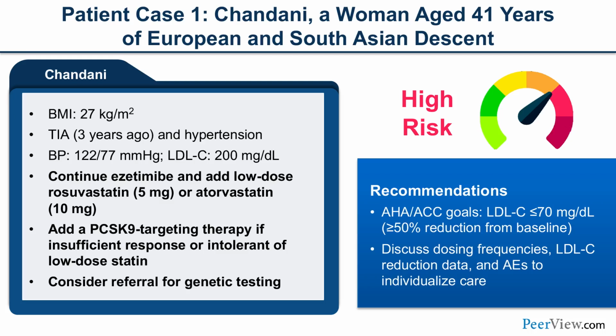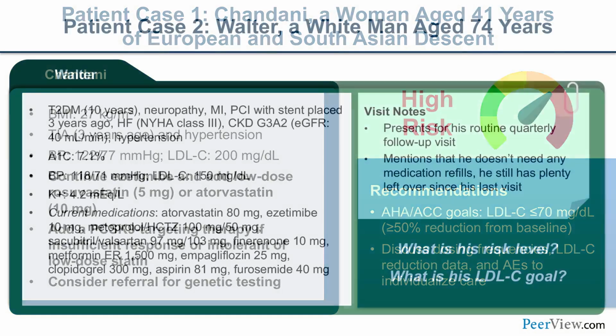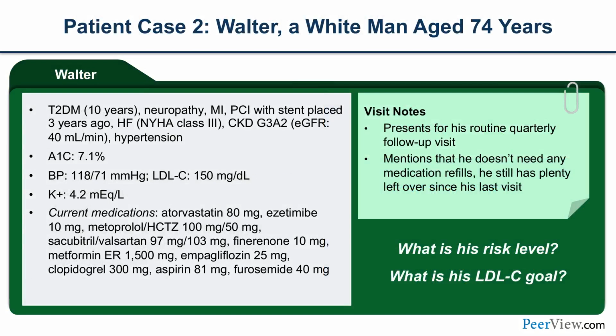Now, ACC lipid goals would be an LDL cholesterol level at least less than 70 milligrams per deciliter with greater than 50% reduction from baseline. And then I mentioned strategies earlier for managing statin intolerance, and I'd refer you again to that document from the National Lipid Association. So the next case is Walter, a 74-year-old white man who's had type 2 diabetes for 10